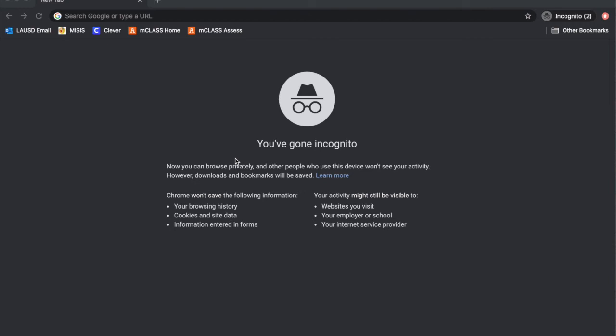Okay, let's review how to access Clever. So Clever is a program that is actually like a home for all of the district and school apps that we use. So through Clever, you can go to Benchmark, you can get into IXL, you can get into Skies. So it's just an easy way for you to access all of the programs that we use at our school